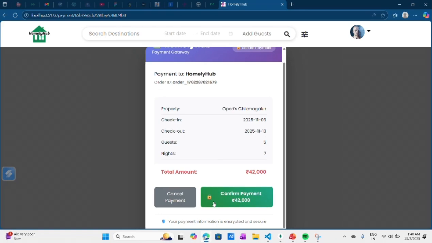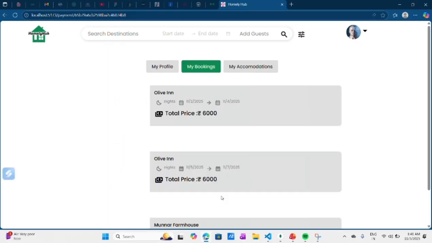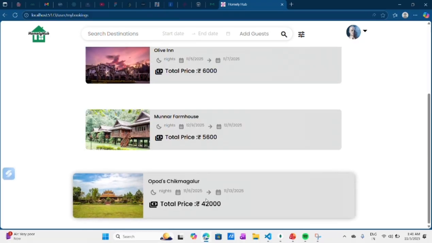If you want to book that property, then click on confirm payment, or if you want to cancel or add anything extra, you can click on cancel payment. Now if we click on confirm payment, you can see that the property is added to my booking page, or redirected to my booking page.